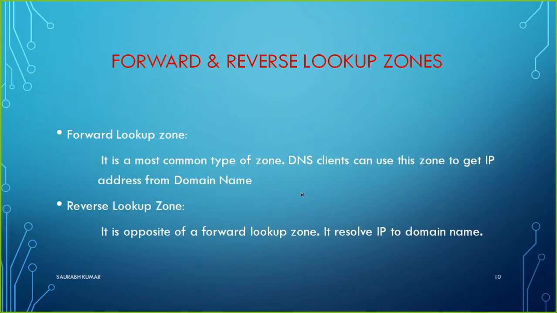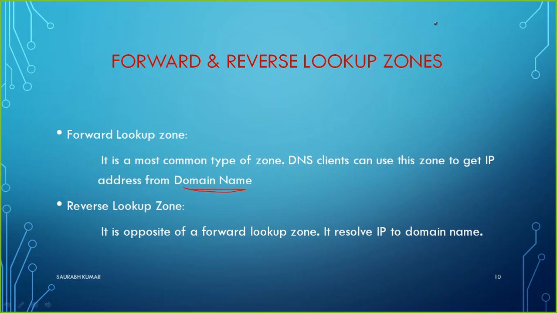Another thing, before we move to Route 53, we have to understand that DNS works with the help of two types of lookup zones. One is the forward lookup zone, one is the reverse lookup zone. I hope you have worked with DNS before, either Microsoft DNS or something else. Let's take the example of a Microsoft DNS server. When you install the DNS role, by default the forward lookup zone can be created by itself, but reverse you have to create. And the overall work of the forward lookup zone is that it helps you resolve a domain name into the IP address.